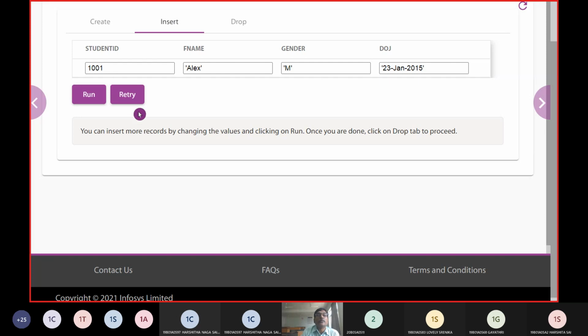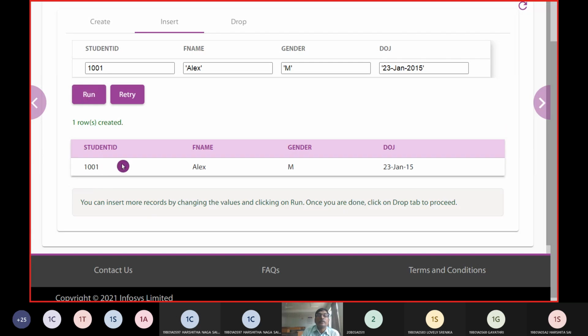Next, we have to insert the values for a student, that is student ID, first name, and gender. We can give a value of 1001, first name as Alex, gender as male, and date of joining as 2015, etc. You can see the row was inserted.